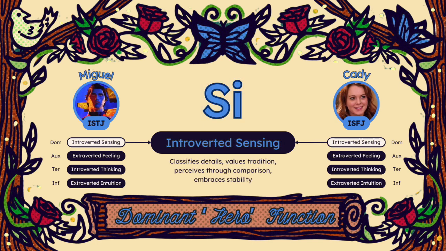Next function up is introverted sensing. The two Myers Briggs types that use introverted sensing as a dominant function are ISTJ and ISFJ. ISTJ Miguel O'Hara from Spider Man the Spider-Verse, and ISFJ Cady Heron from Mean Girls showcase the dominant function of introverted sensing, characterized by attending to one's own classification of details and oriented to the past and